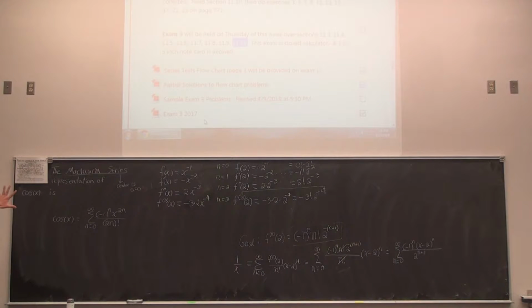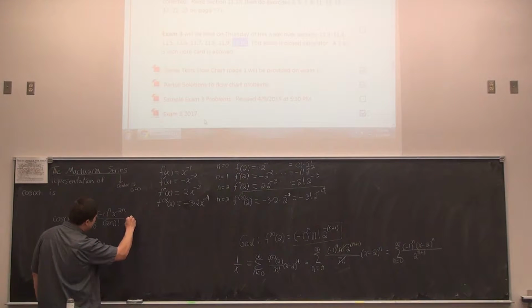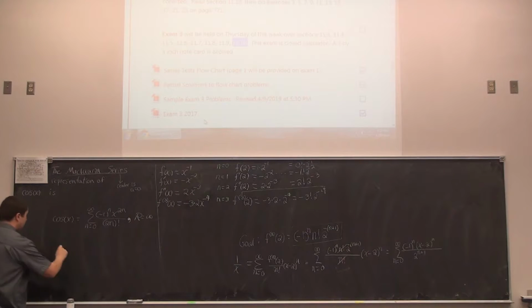Okay, so the problem is still being built. The instructions are we have a Maclaurin series representation. You don't have to prove this. You can just take it for granted. It's also going to tell us the radius of convergence is something, and for this problem, it's infinity. Instructions then go on to say, to find